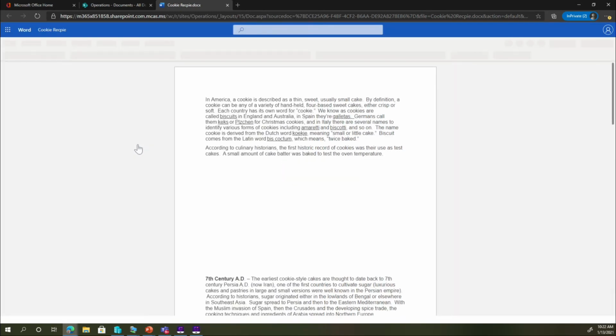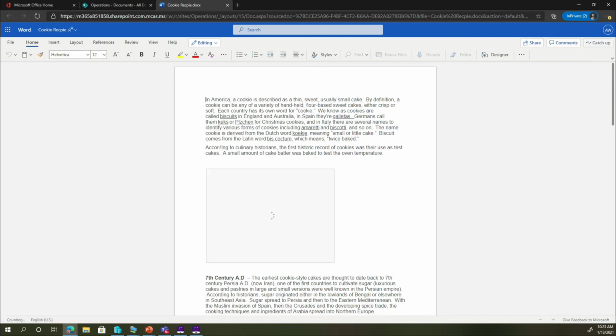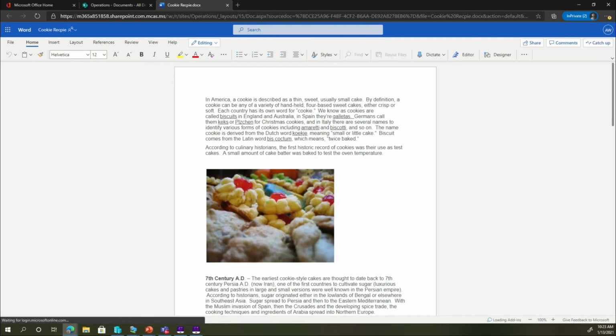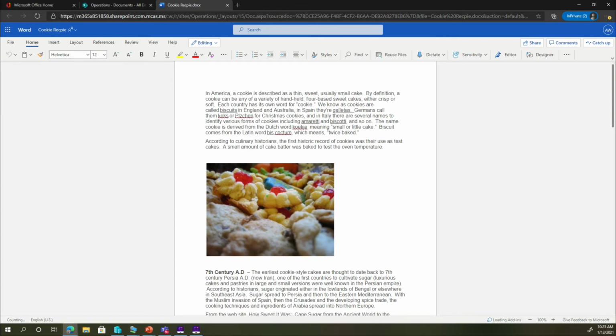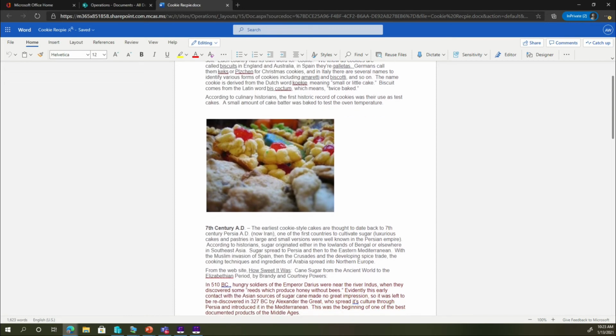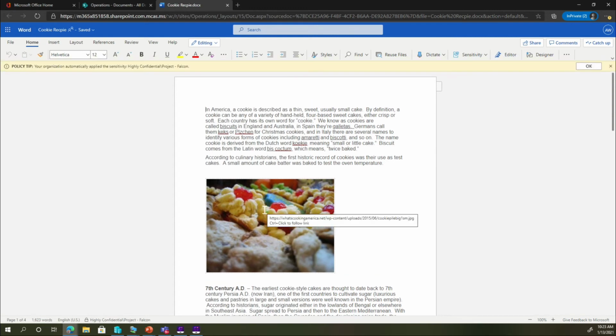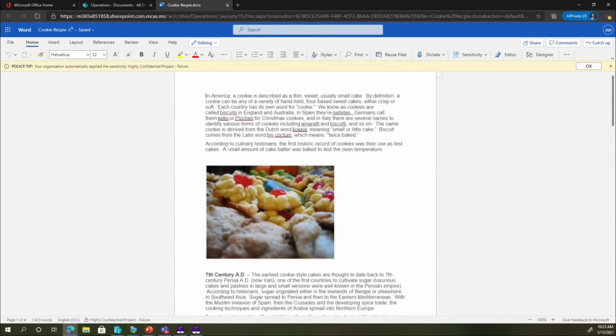All right, so if we open up this cookie recipe, it looks like a pretty simple recipe here. It doesn't look like anything highly confidential or important here, so I can keep reading this document. Now, if I wanted to, I could share this document because, as you can see, no labels or anything have been applied to it. But as we're talking, the information protection scanner has scanned this document and has automatically applied the highly confidential Project Falcon label. And you can see here, this is a cookie